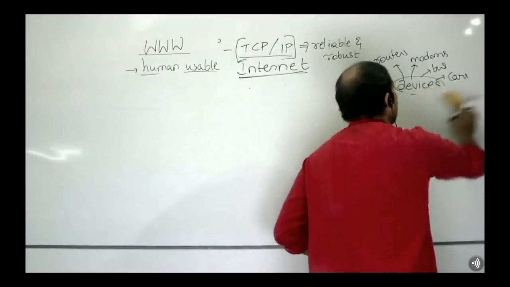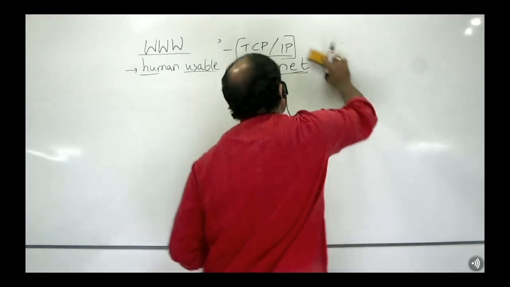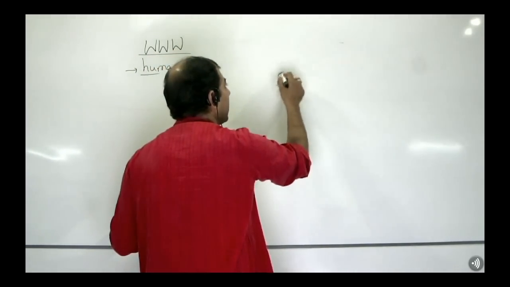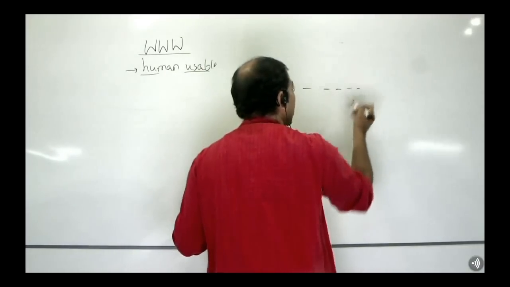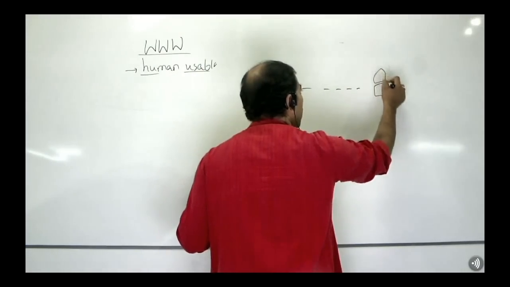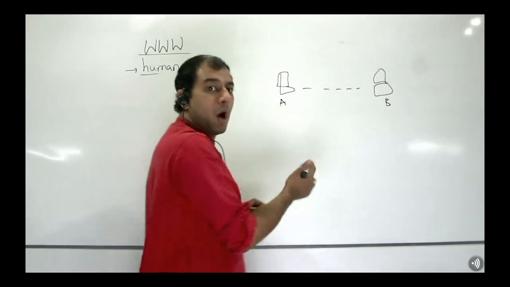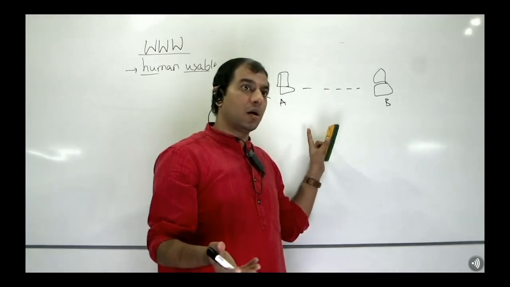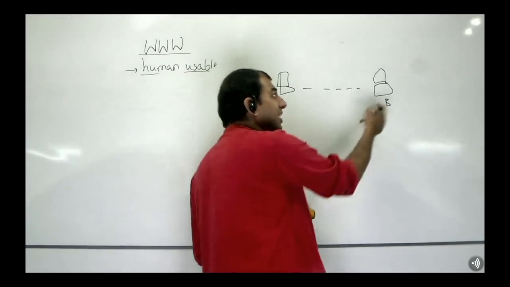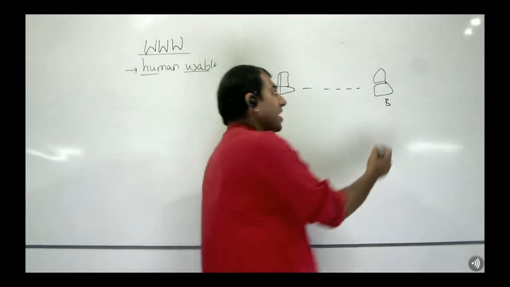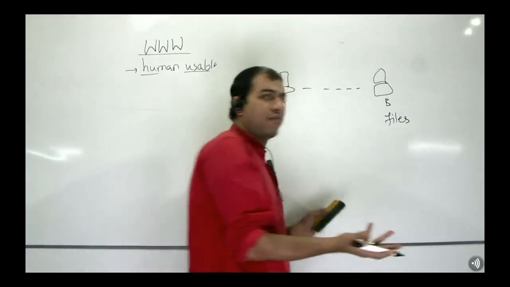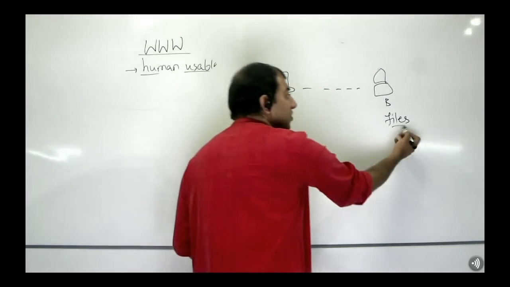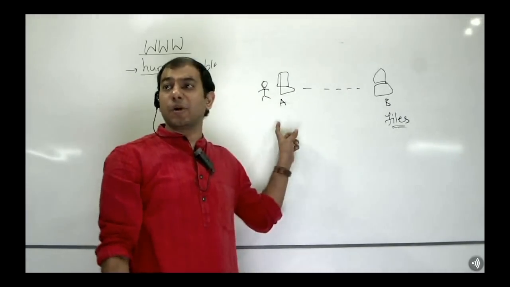And what is it that a human being wants to do in this so-called network? If we are sitting on a machine, device A, connected over this internet, and there is another machine, device B, what might I want to do sitting on this machine? At a minimum, what is it I want to do? I want to access the data in the other device. What is data? Data are nothing but normal files, that's all. So all I want to do sitting on this machine is access these files on the other machine, isn't it?